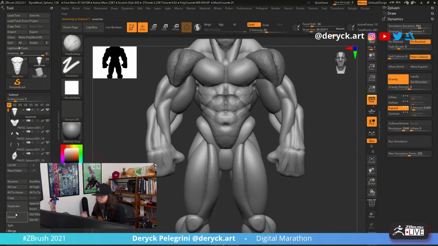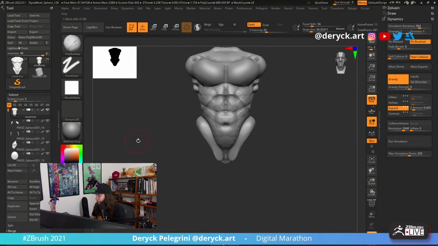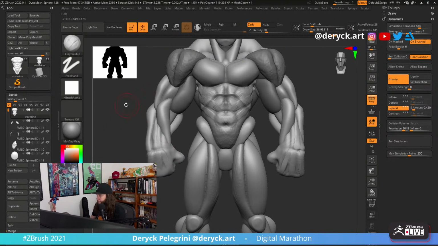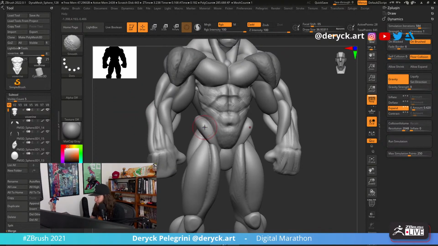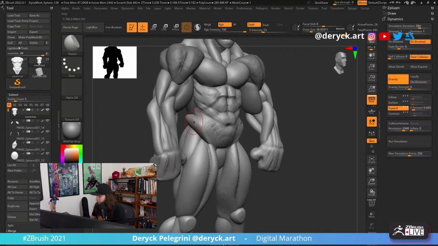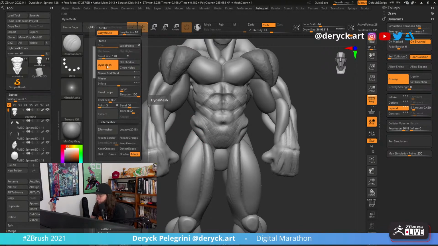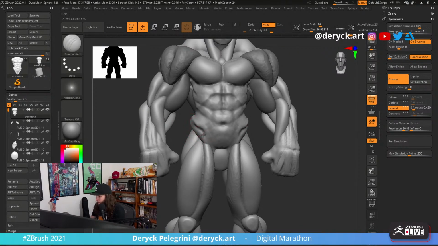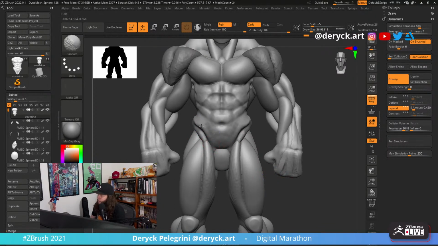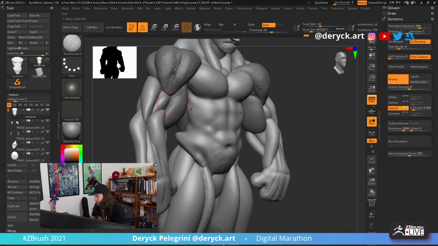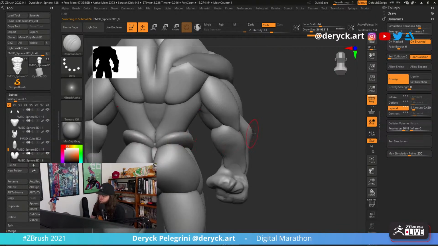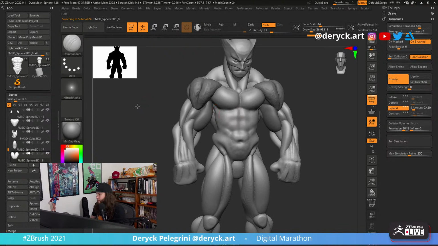So I'm going to combine this down and use the Dynamesh. And I think that I can combine those back muscles as well.